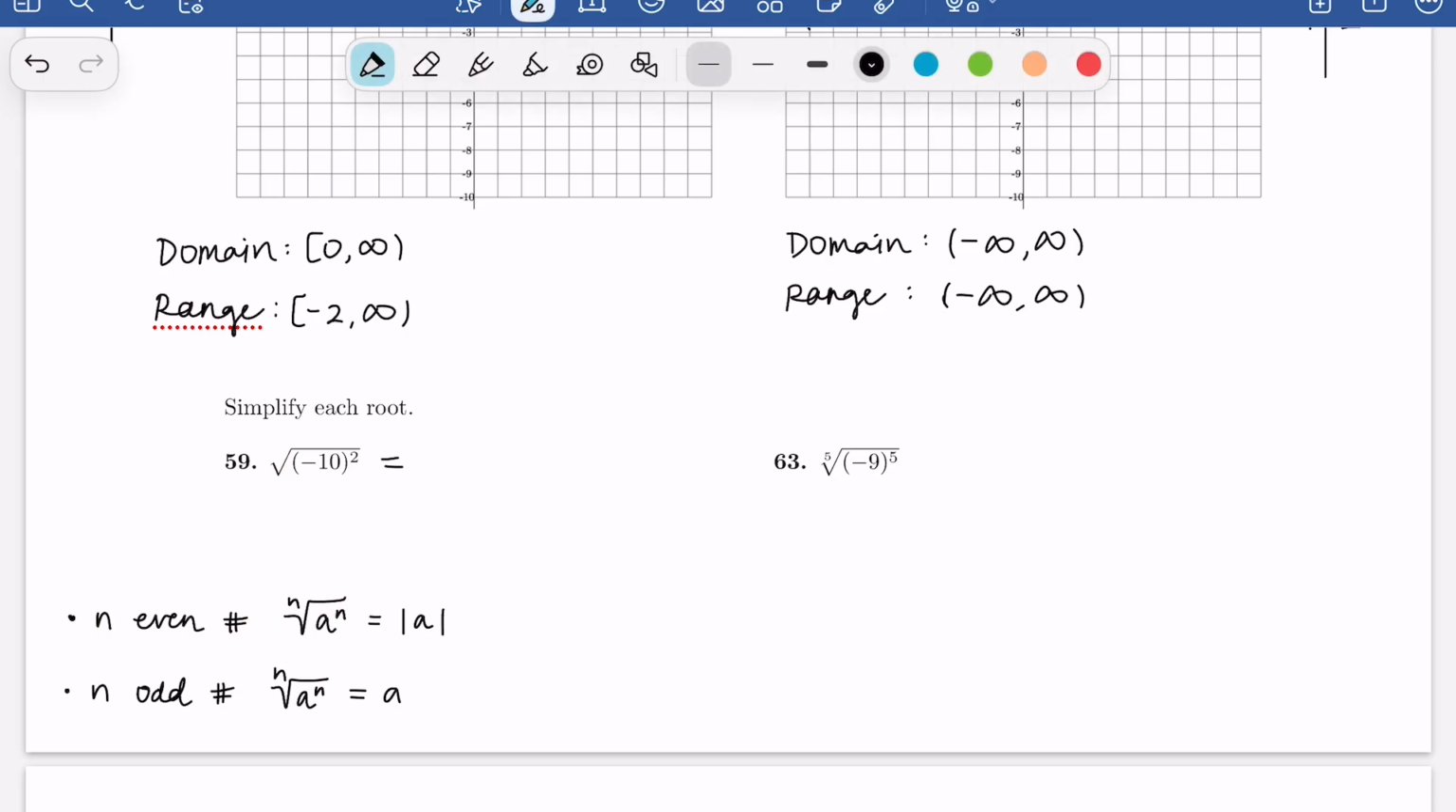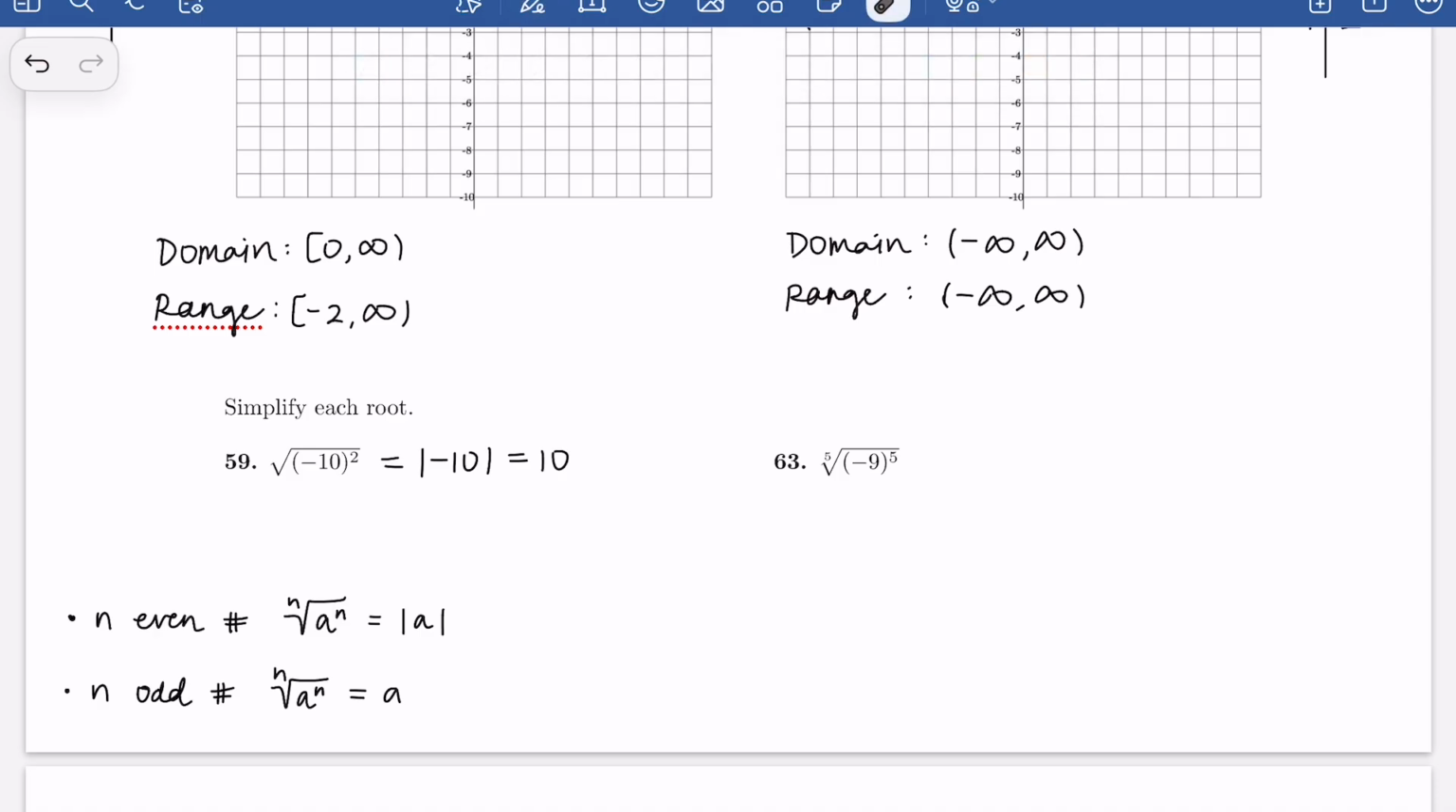So this is just going to be simplified to the absolute value of -10, which gives us +10. Right? And that's it for that one. For 63, we're going to use the second rule here. Since n is odd, we have